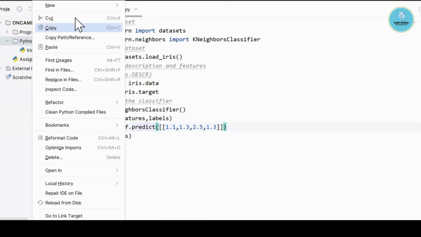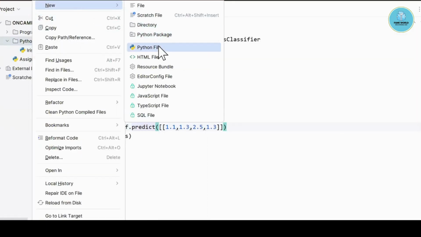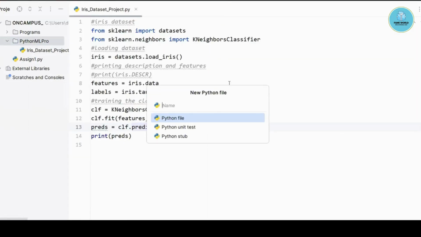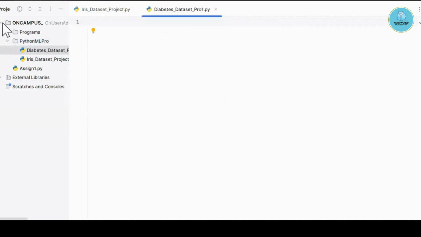The next one, diabetes dataset project. For that, I will be showing you another dataset, that was simply the diabetes dataset project, which I have downloaded from Kaggle. So I'm writing here diabetes dataset Pro 1,